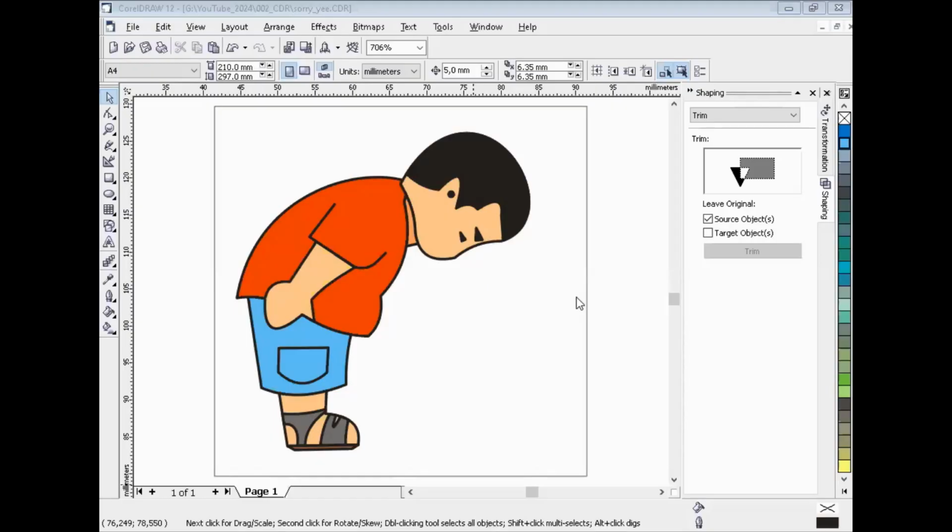Hello Sobat Getris, I will try to teach all of you how to create stickers and then use them on WhatsApp. Okay, I think I have an image like this. Yeah, I plagiarized